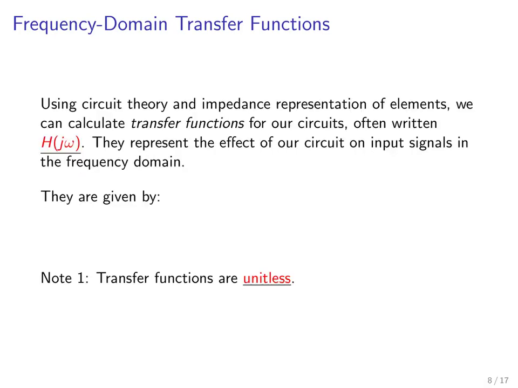So, using circuit theory and impedance representations of elements, which we just introduced earlier, we can calculate the transfer functions for our circuits, which we usually write as H of j omega. And these functions are going to represent the effect of our circuits on input signals in the frequency domain. And in general, they're given by the ratio of the output voltage to the input voltage in the frequency domain. Right? So we can write this as the following: that H of j omega